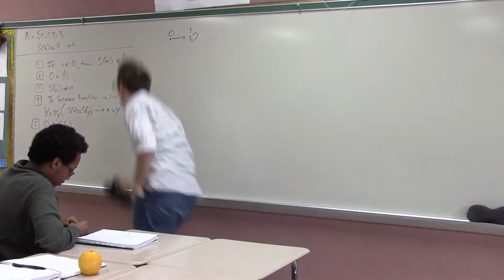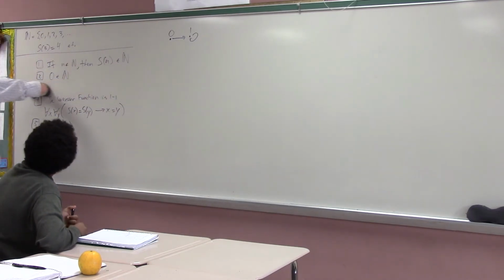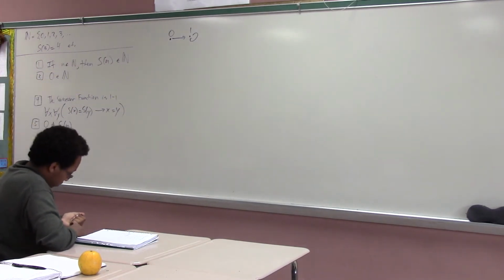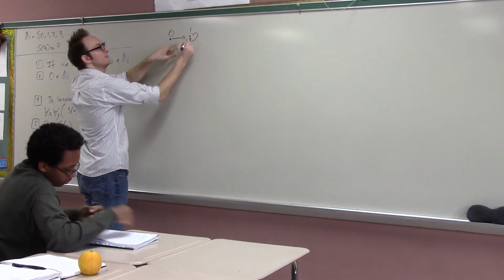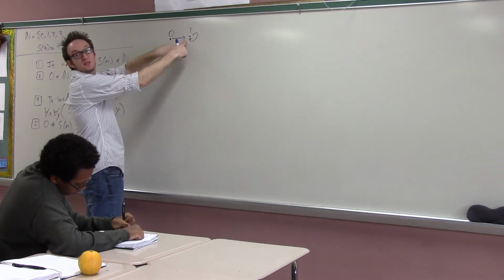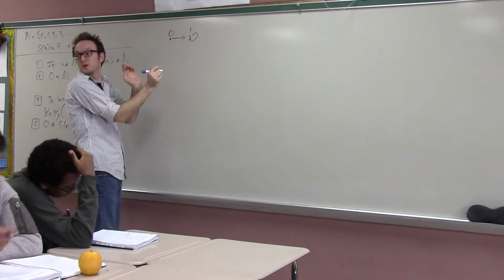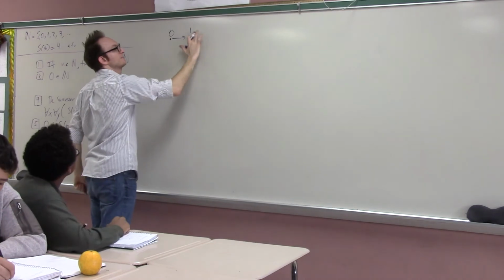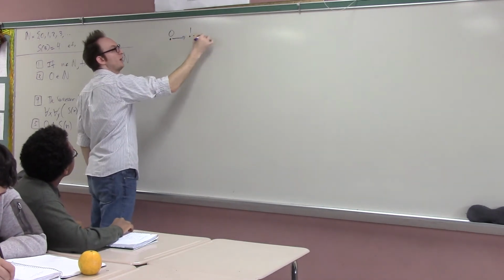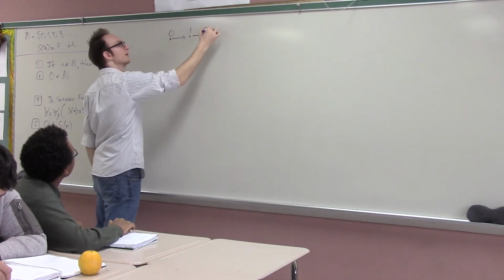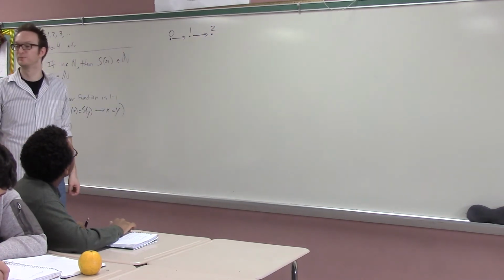Actually, I don't even think we need this one anymore, because this is captured by Eleanor's suggestion that the function is one-to-one, right? This can't be, because then 0 and 1 would both be pointing to the same thing. Do you guys see that? 0 and 1 can't both point to the same number because they're different numbers. So 1 can point to 0, and it can't point to 1, so it must point to some new number, which we might nickname 2.